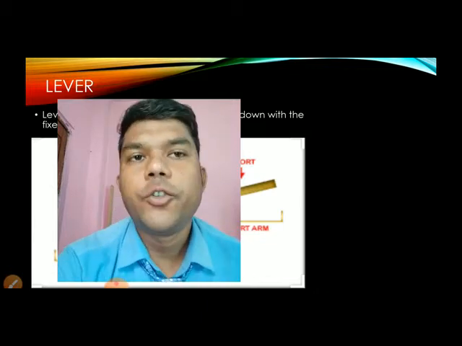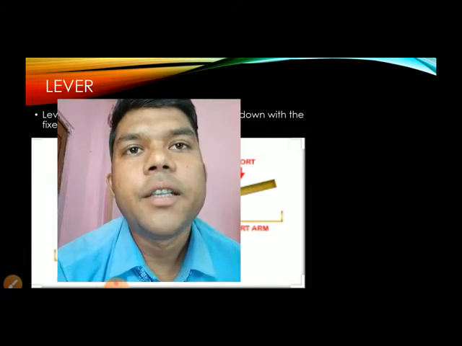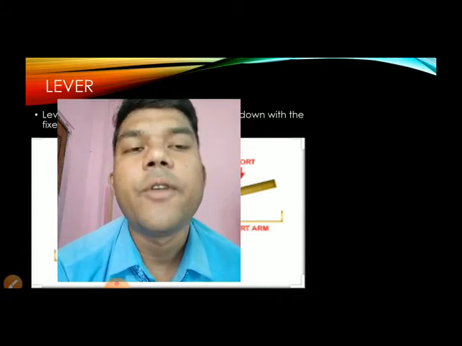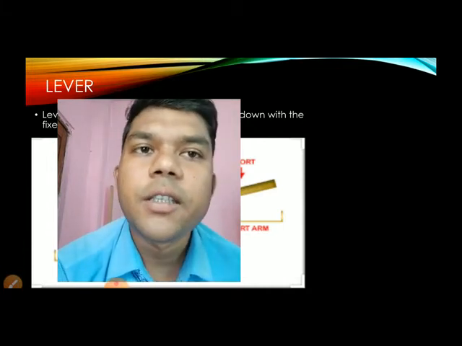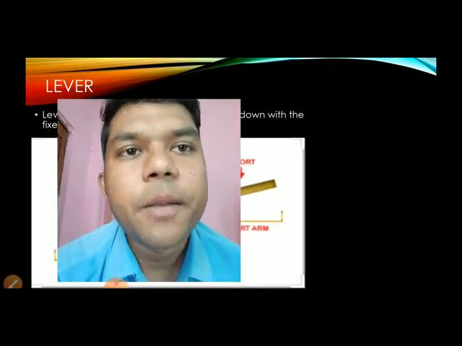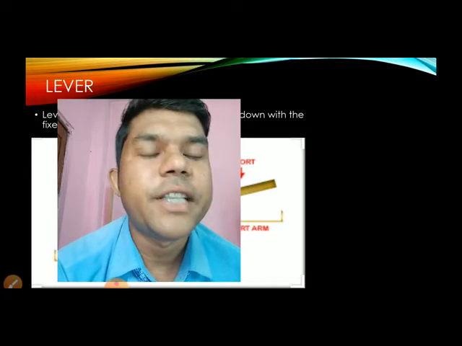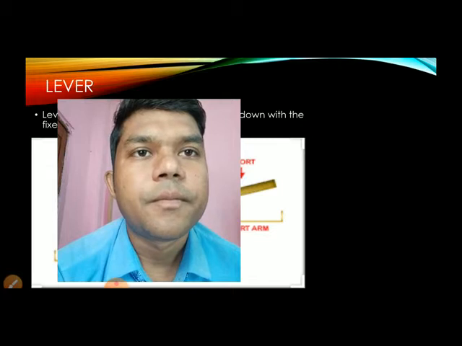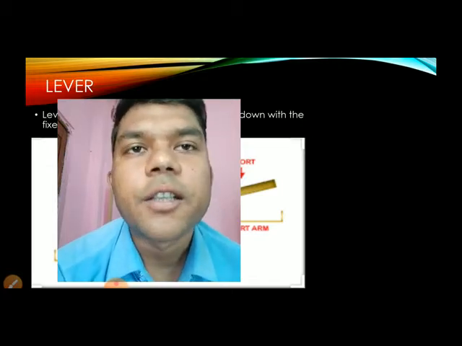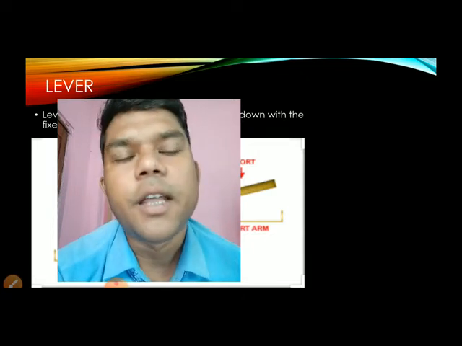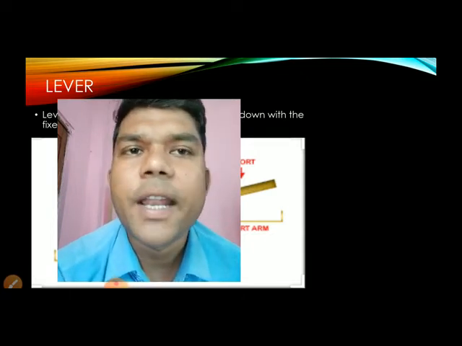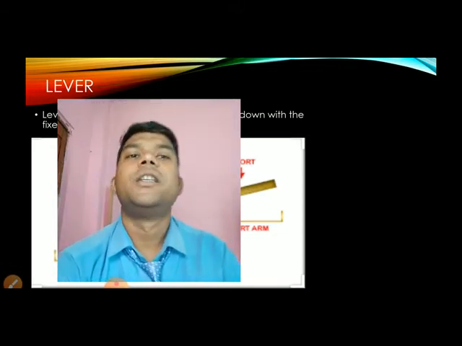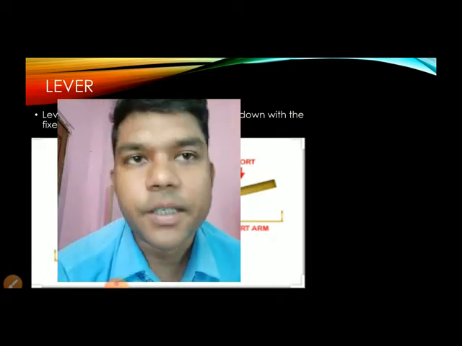I hope you understood the study video, that is the study class. Once again, revise what we discussed yesterday. We learned about the different terms related to simple machines, that is load, effort, distance, fulcrum, and we also discussed the principle of simple machines. In the beginning we also discussed the types of simple machines. There are 6 types: lever, pulley, wheel and axle, inclined plane, wedge and screw. Today we'll discuss these types in detail.